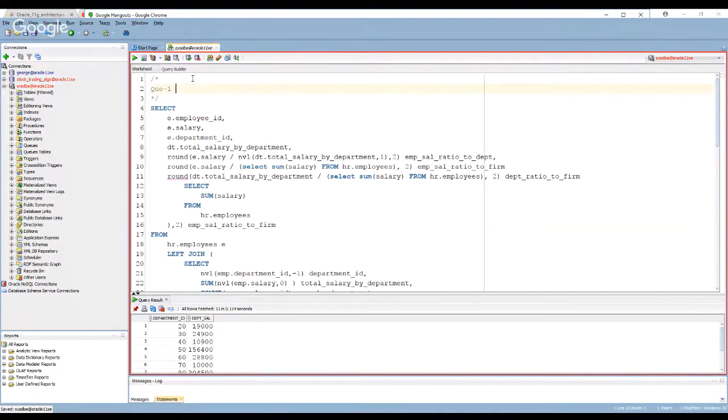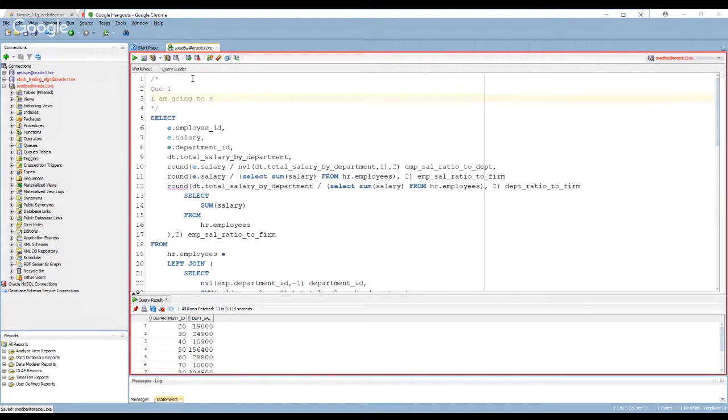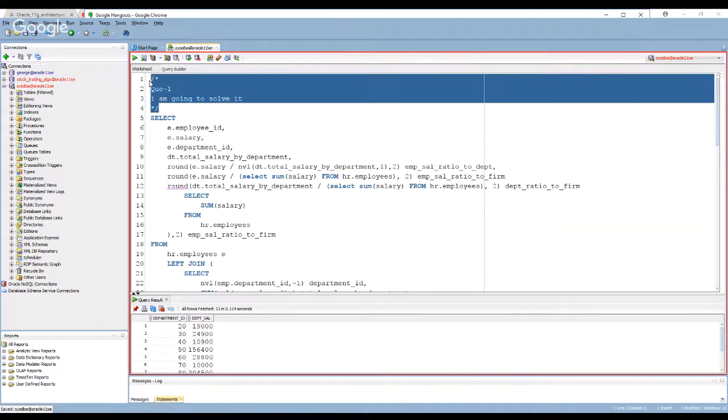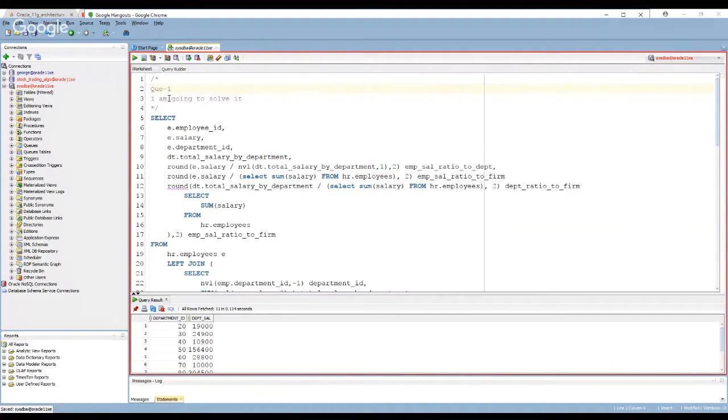I'd say, I have a question and I'm going to solve it, right? This is helpful in your notes when you're writing queries. It's actually very helpful to put commentary in your notes so that when you come back to it, you can remember why you did it that way, right? So it's a very good practice to always put commentary in your submissions, whether it's production code or even test code. So that goes for everybody, not just for Cyril, because I think it's not just him.